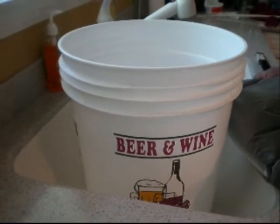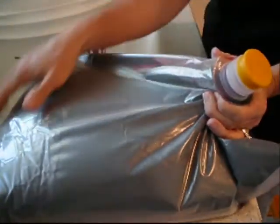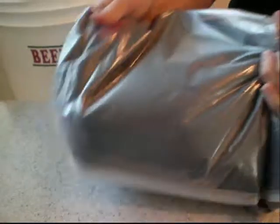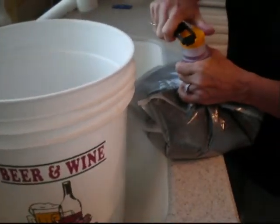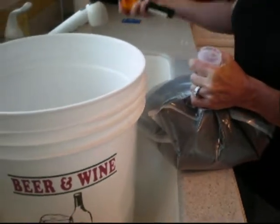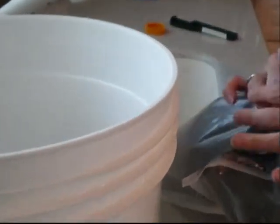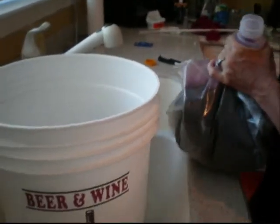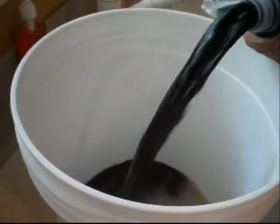So we want to make sure that we just get it nice and mixed up. After we add our bentonite, we have to add our juice. This is a Merlot juice, and what we're going to do is open up the top. You can use a regular bottle opener. I have actually a tool for opening the wine kit. We're going to take our juice and pour it right into the